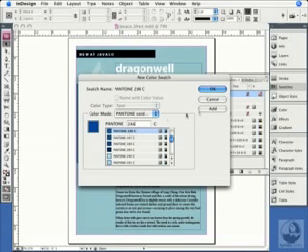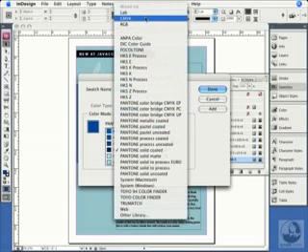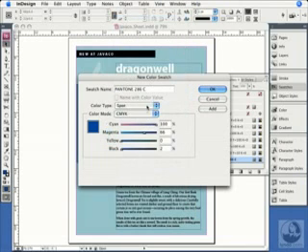Now I can click the Add button to add it to my Swatches panel, or click OK to add it to the Swatches panel and close the dialog box. In this case, I'm just going to add it because I want to create another color. This time I'm going to create a CMYK process color, so I'll switch the color mode back to CMYK, and I'll change the color type back to process, and I'll dial in some other color that I want.